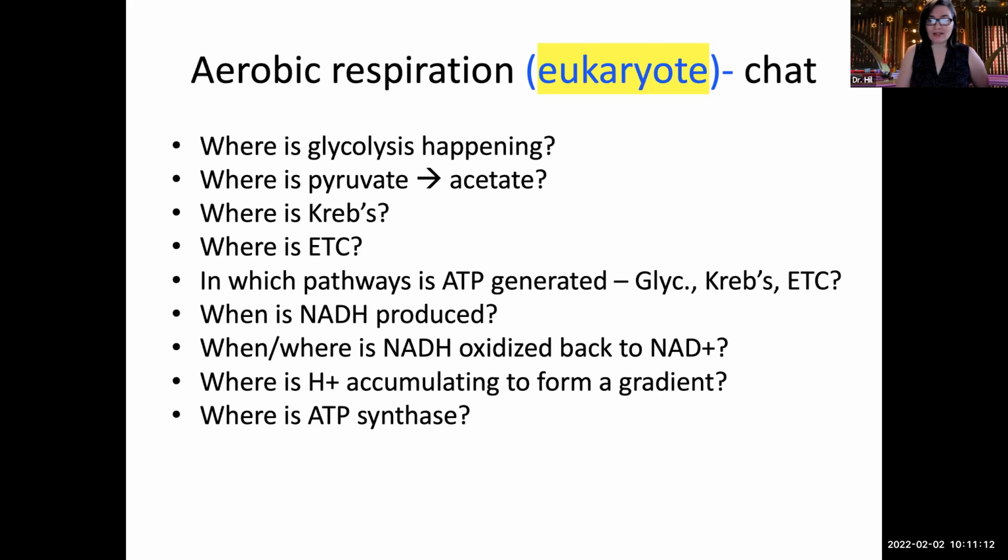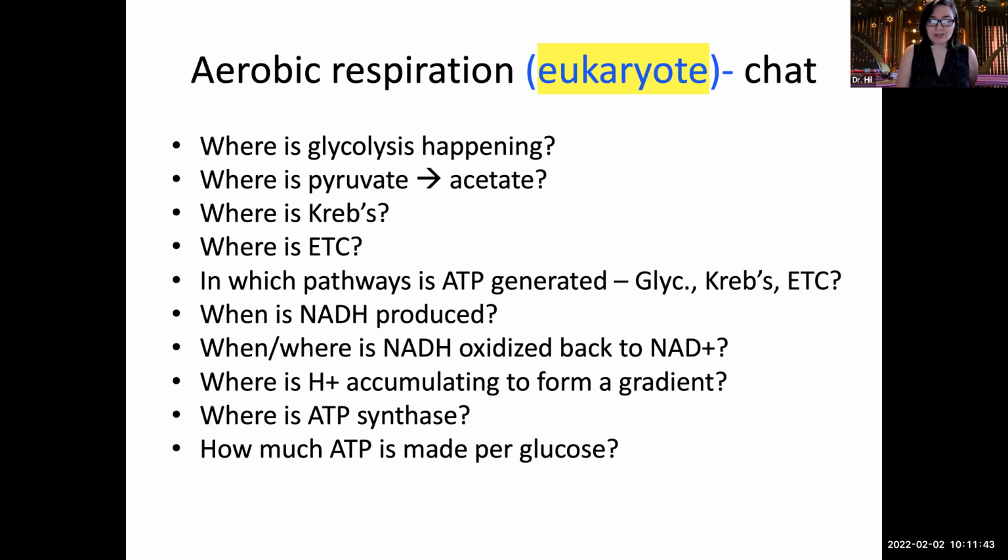Then what happens is that the gradient of hydrogen ions, that high concentration of hydrogen ions that has been created by active transport driven by energy from electrons that originally came from glucose, those hydrogen ions are allowed to come back passively across the membrane through ATP synthase. So ATP synthase has to be located in that same membrane with the electron transport chain, so like really close by. In a eukaryotic cell,